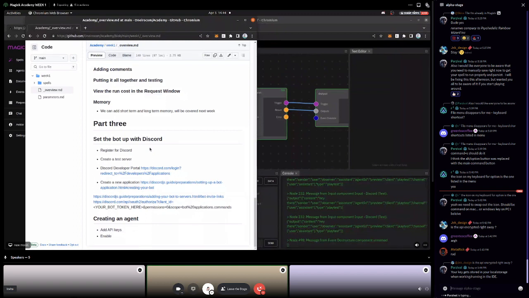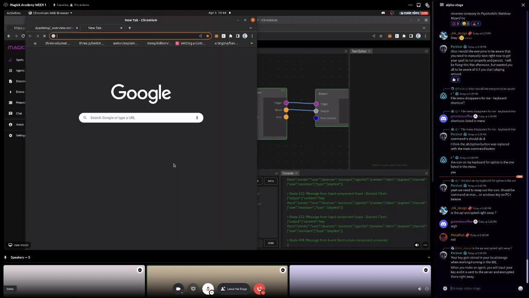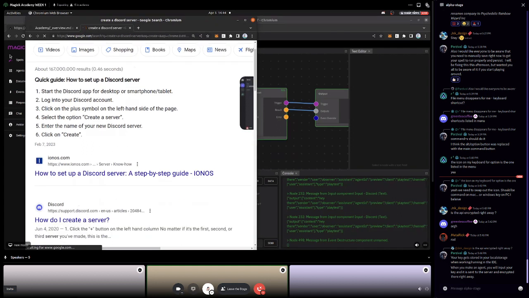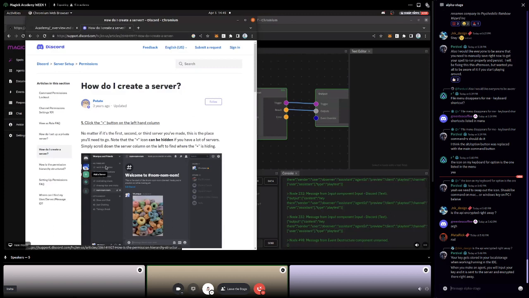The second thing you're going to need to do is, when you want to test your bot, you're going to need to have them in a test server. And the way to do that is just to create your own Discord server and then invite them. I'm going to leave that as an exercise to the reader. If you really want to know how to do that, you can search for create a Discord server, and you'll see there's a whole step-by-step guide. Discord themselves has a tutorial on how to do this.